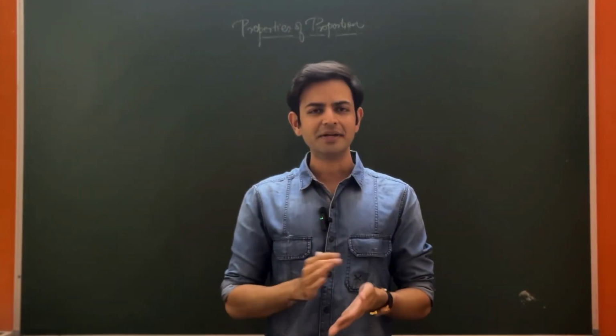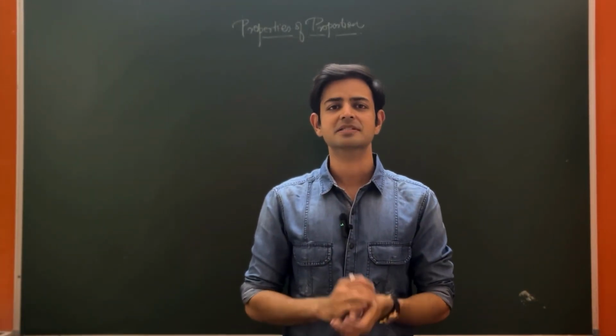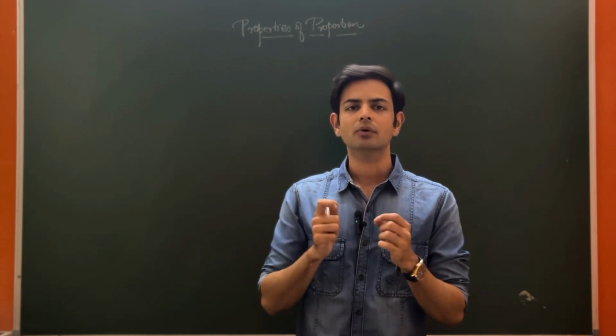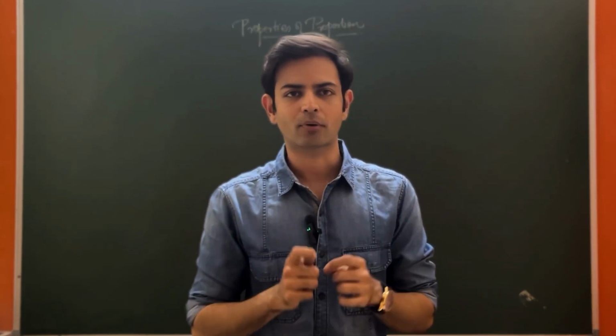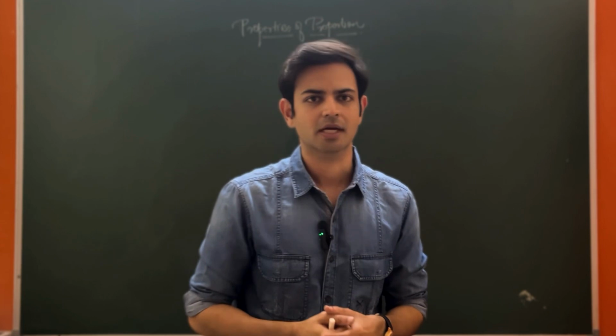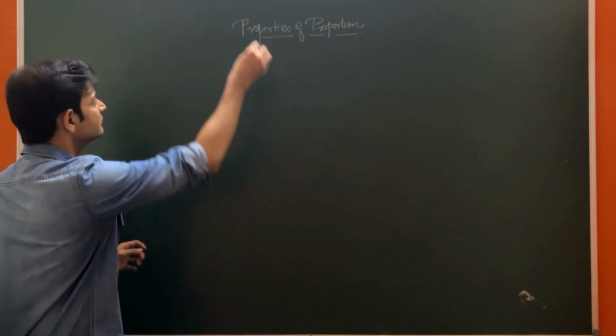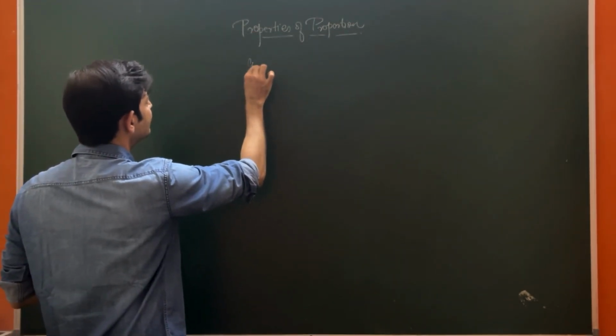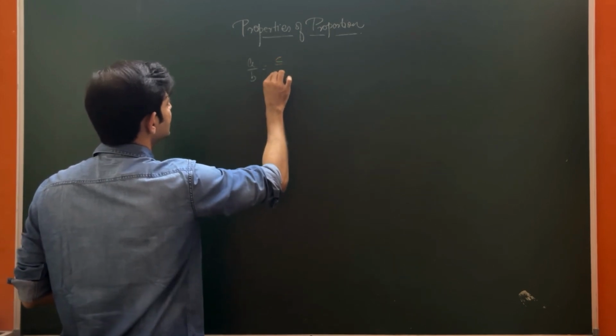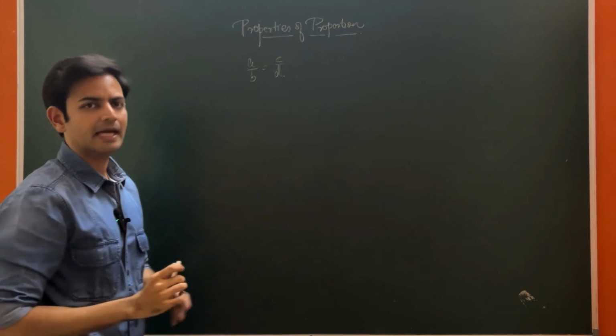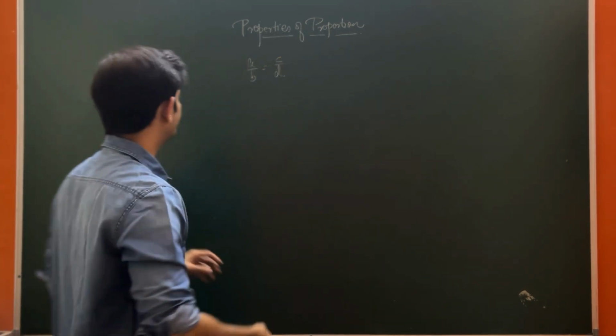Now let us take a very important part of this chapter, that is the properties of proportion. These properties of proportion are very important from the board exam perspective. So let's take them one by one. The first is, when A by B is equal to C by D. So this is our normal proportion, right? So the first property is